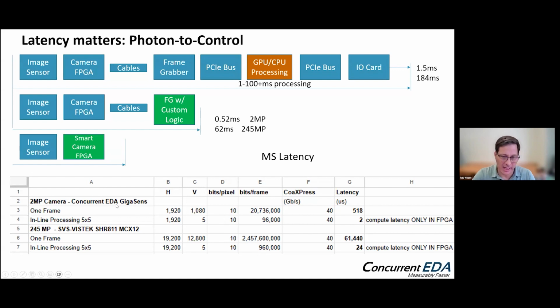I'm looking at two cameras, horizontal and vertical, where I'm going to look at two different pieces. One is where I'm looking at the whole frame, and the next line where I'm only looking at 5 rows at a time. And let's look at how much time it takes to buffer up a whole frame versus 5 rows. And I picked 5 rows so you can do a 5 by 5 convolution, which is common in image